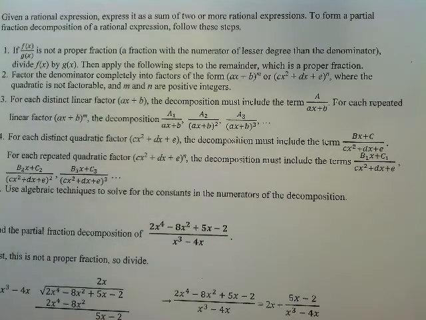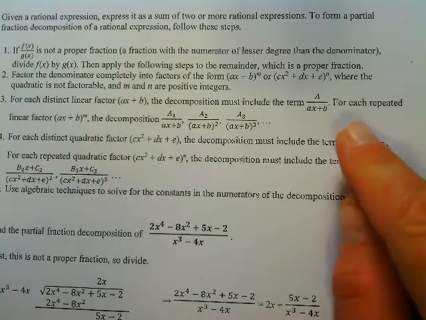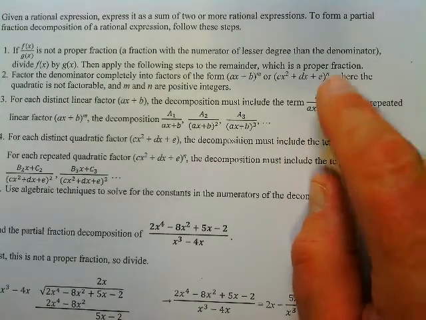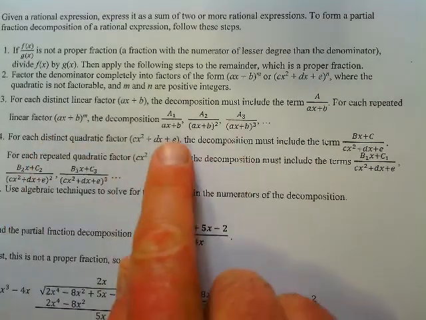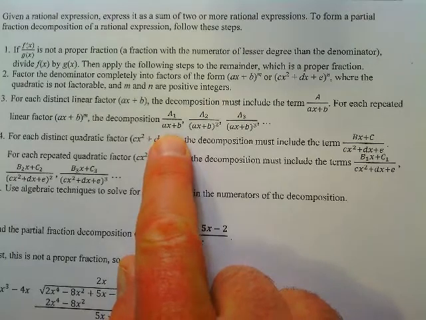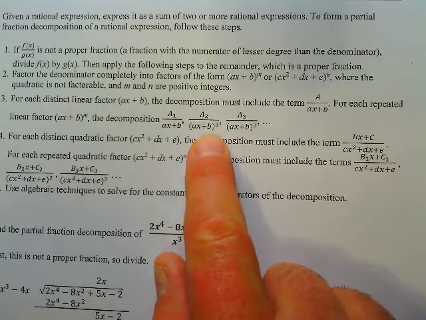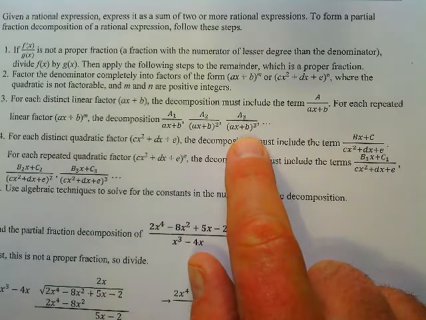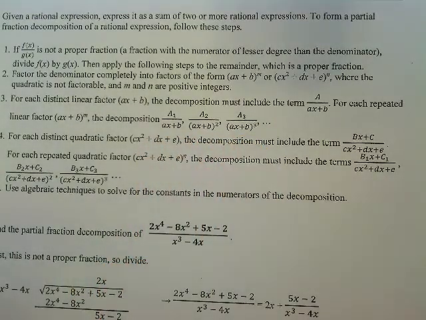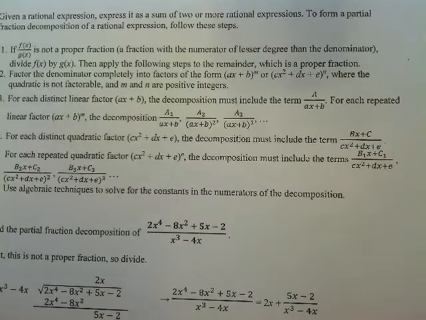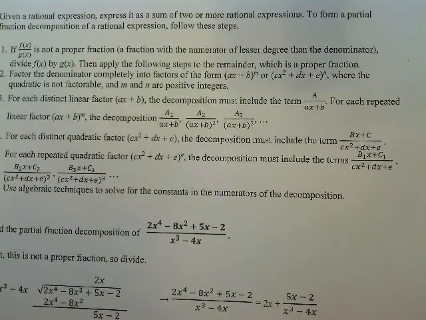in the denominator. For each of the ax plus b factors, they're going to include the term a over ax plus b, and if we had more than one, then we'd have a1 over ax plus b, and a2 over ax plus b squared, and a3 over ax plus b cubed, and so you can kind of see the pattern there. If we were doing quadratics, we would do a similar thing. And really what this all comes down to is trying to find the a1, the a2, and the a3